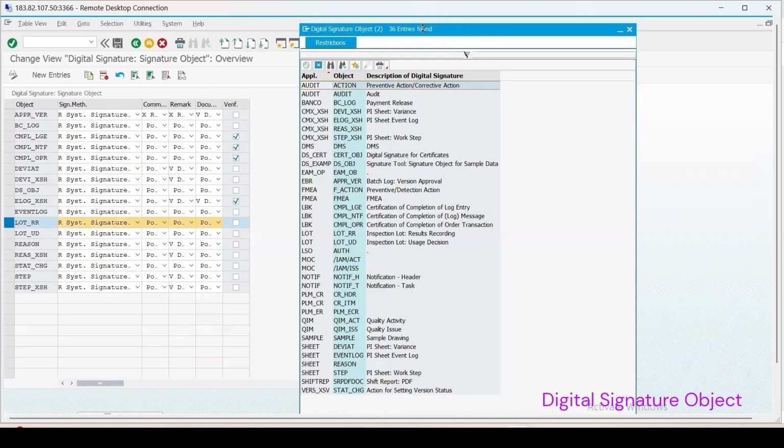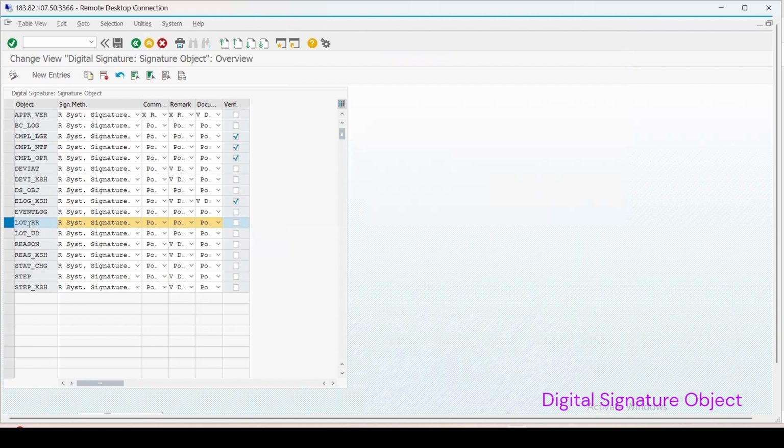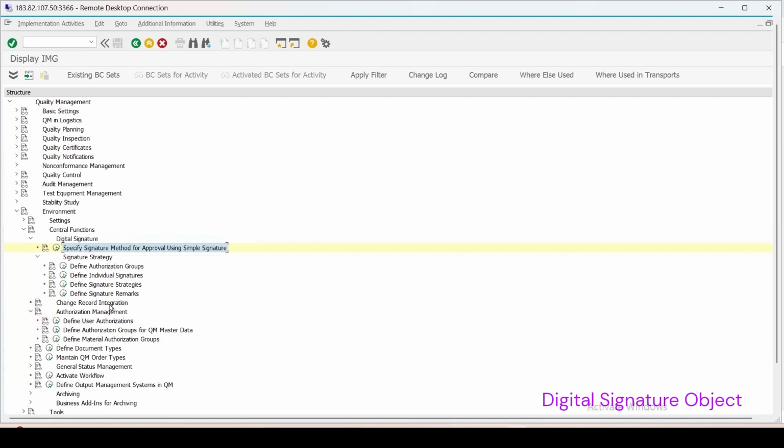If I click on this, you will get the complete list of objects which are present and on which you can apply the digital signature. So out of which you can select the one which is required, and you can add that entry here in this. But at present, I just want to use it for the result recording and usage decision, which is already there. So I'm not creating any new entry. Let's go back.